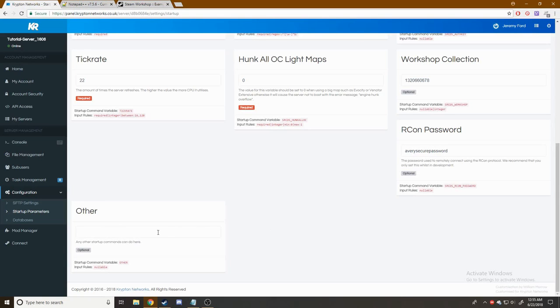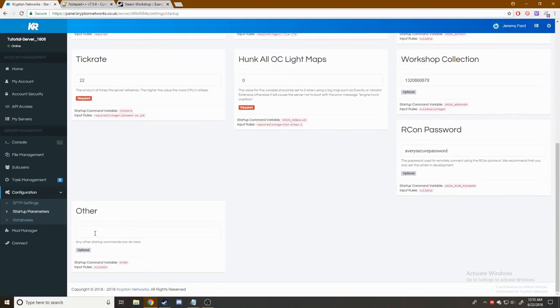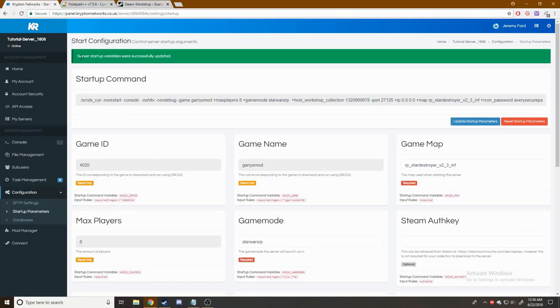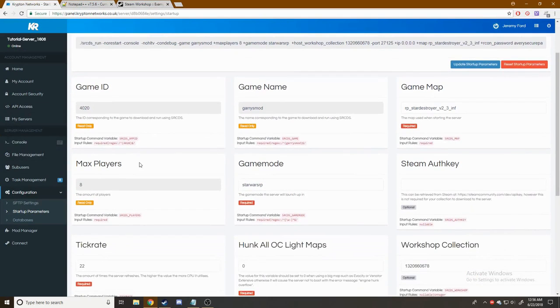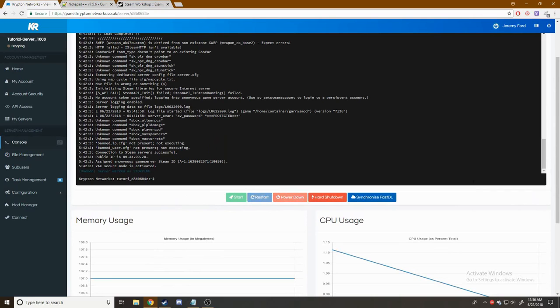And these are some other commands we can have here. We won't be touching this in this tutorial. So we can update our startup parameters. As you can see, the startup variables were successfully updated, and we can go start up the server. So if we go to console and restart the server,